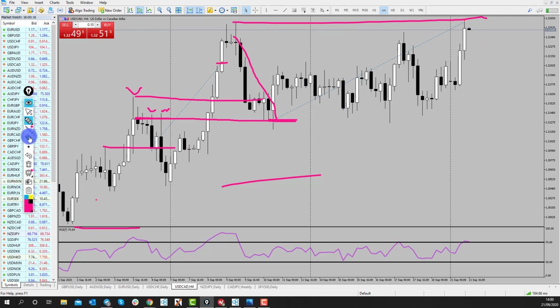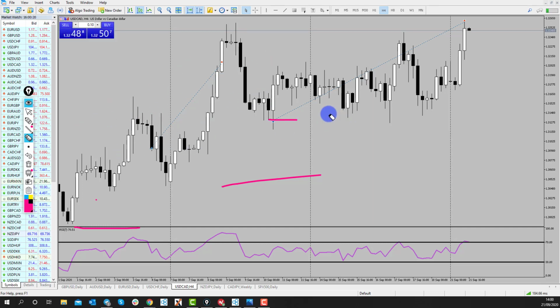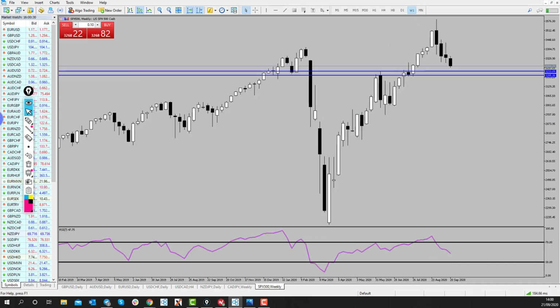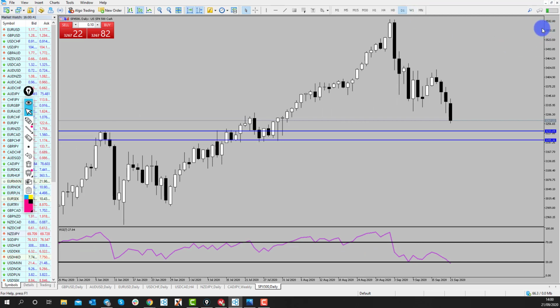Obviously expecting that to continue to roll through, as I'm expecting risk currencies to continue to move lower. The reason I'm expecting those risk currencies to move lower is because of what's happening on the stock markets at the moment. So this is the S&P on the daily time frame. If we went to a weekly time frame, I'm expecting the market to drop a little bit lower into this zone through here. That's going to put pressure on our